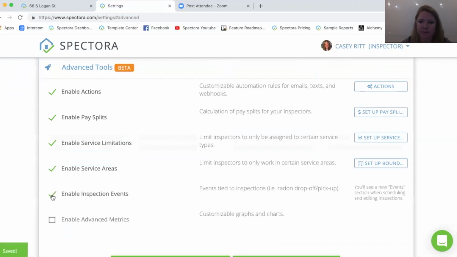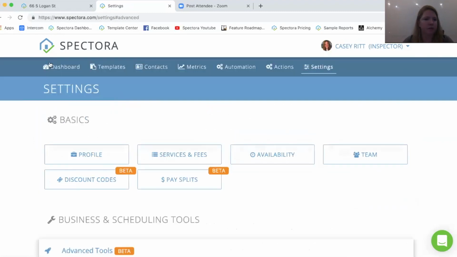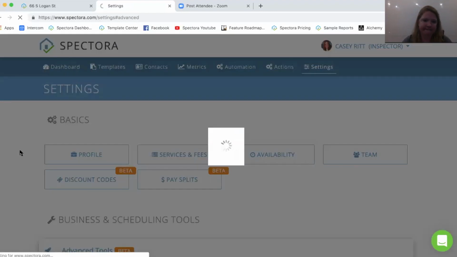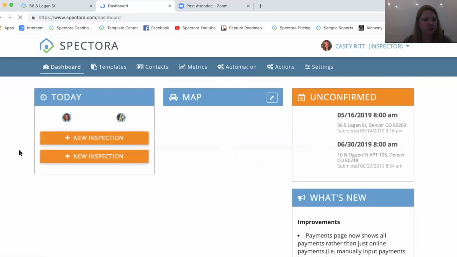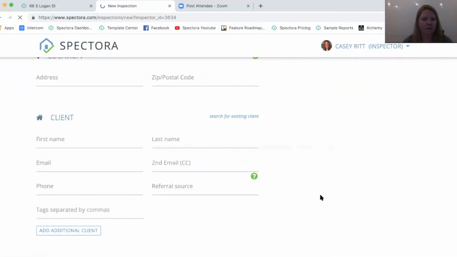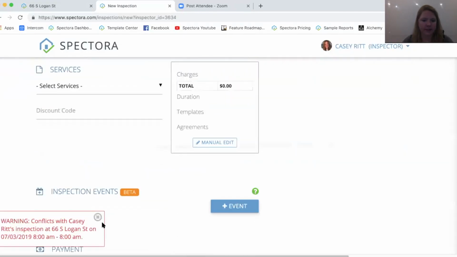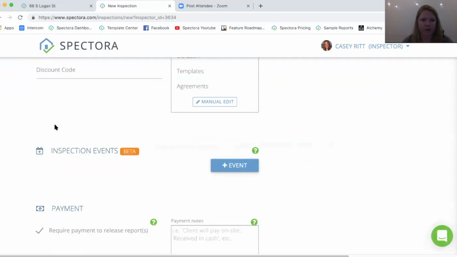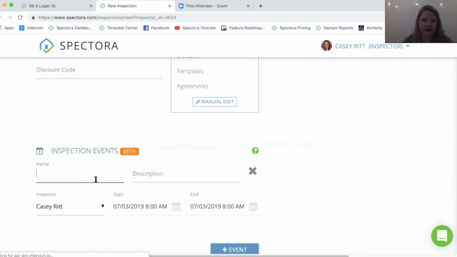When you enable inspection events, now on the inspection details page and during scheduling, if we go to dashboard, and then we go to schedule an inspection, and we open it up. Under services, you're now going to see this inspection events. And when you create an event named radon pickup,